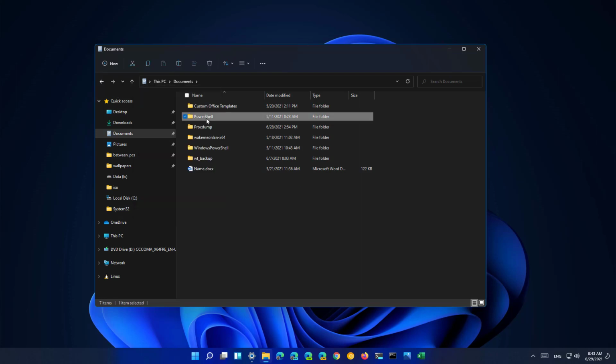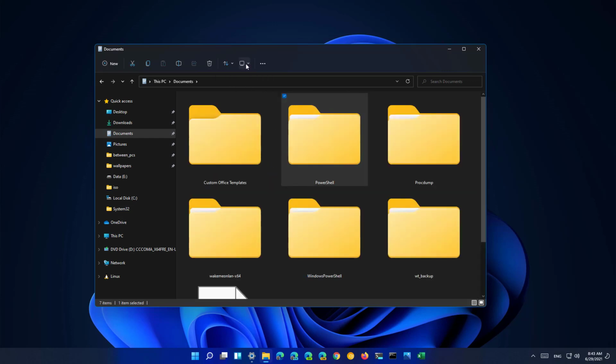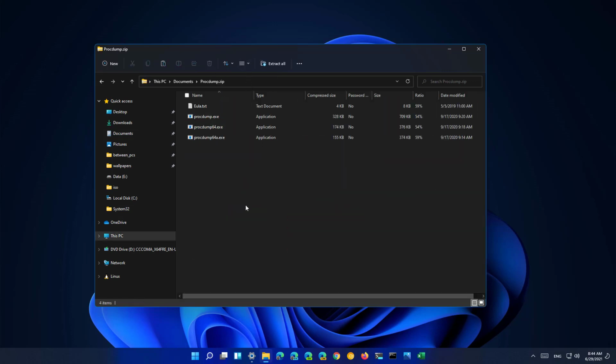When we select a folder, for example, we see that now we have different buttons available to do different actions. And if you want to change how to view the content in the folder, you have to click this menu to see the different options. Also, some of the actions will appear when needed as well. For example, we entered a zip folder and we didn't have the extract all option before, and now we